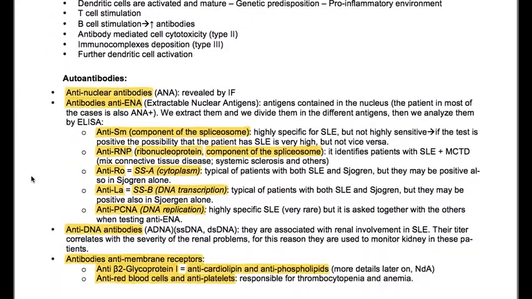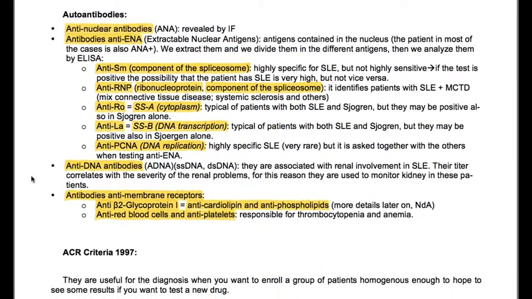The antibodies are antinuclear antibodies, ANA, revealed by immunofluorescence. Antibody anti-ENA, extractable nuclear antigen, the antigens contained in the nucleus. The patient in most of the cases is also ANA positive. We extract them and we divide them in the different antigens. Then we analyze them by ELISA. We have